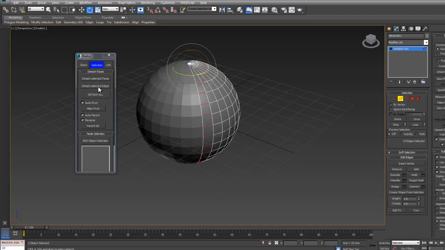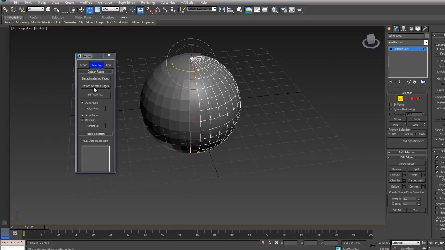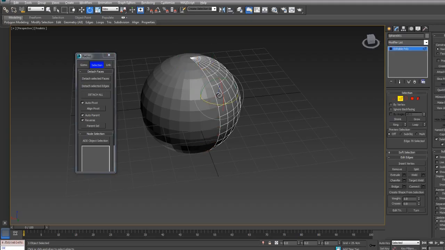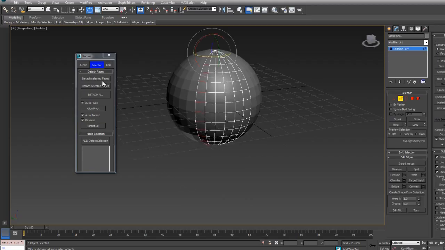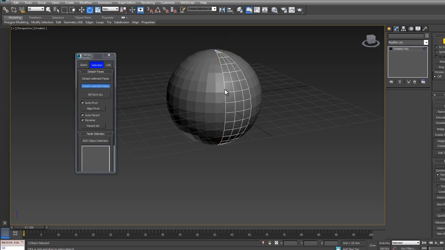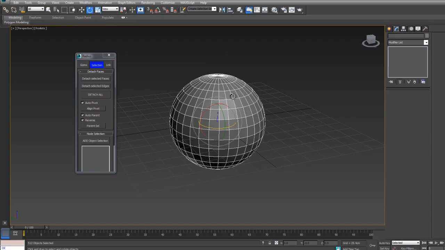As I showed in the previous tutorials, using the Detach Selected Edges tool with Auto Pivot puts the pivot of each face in the middle of the selected edges, which means that each face will rotate around its own edge. Okay, so now if I select everything and rotate it on the local axis,